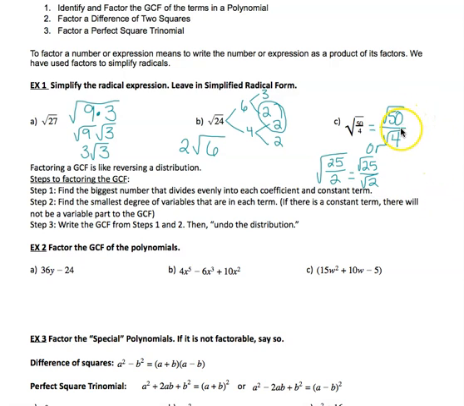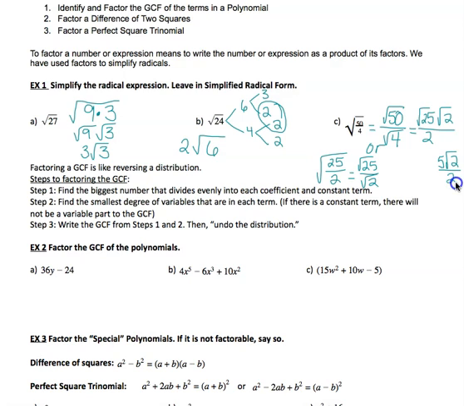Now, when I do that, in the top version, the square root of 4 is 2. And then the square root of 50, I can simplify, again, either using my factor tree method or my biggest perfect square method. Let's say that I use my biggest perfect square method, so that's radical 25 times radical 2, because 25 times 2 gives me 50. And then square root of 25 is 5, so I get 5 radical 2